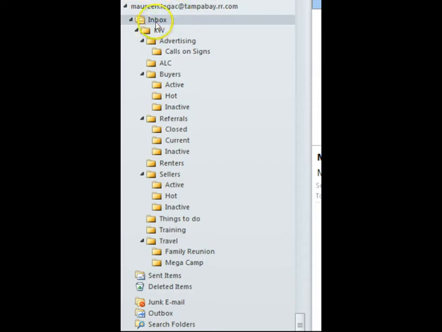So on this account, I have Inbox, and under Inbox, I have Keller Williams. Then I have an advertising section, buyer section, referrals, sellers, travel. And in each section, I have different subsections. So in the KW folder under advertising, I have a section where I get calls on signs, and I might